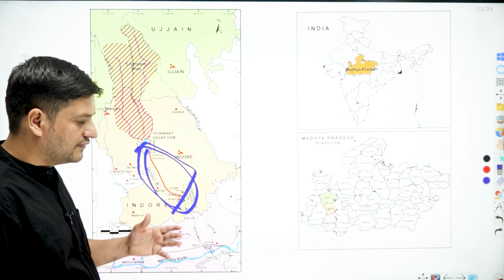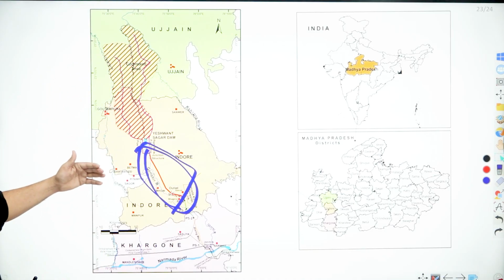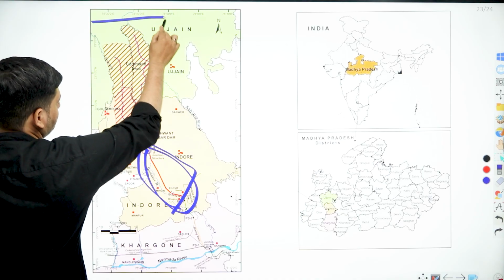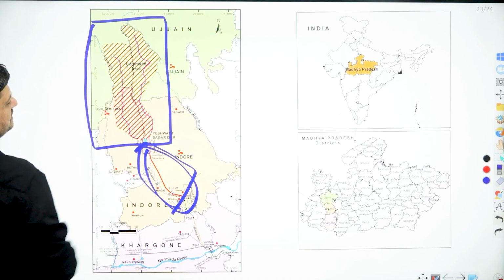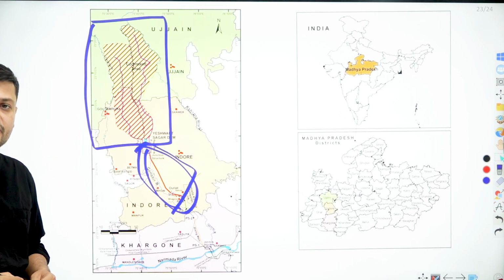Though it is the part of the Shipra river, it is a tributary of the Shipra river. So the water or the irrigation facility which we can see, this is the area which has been highlighted here with the red color. It is the part of the irrigation or the command area where the irrigation facility can be available by this